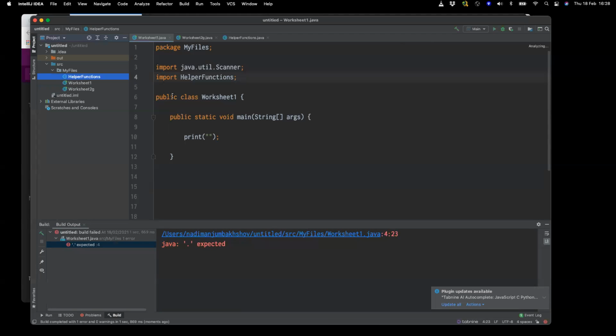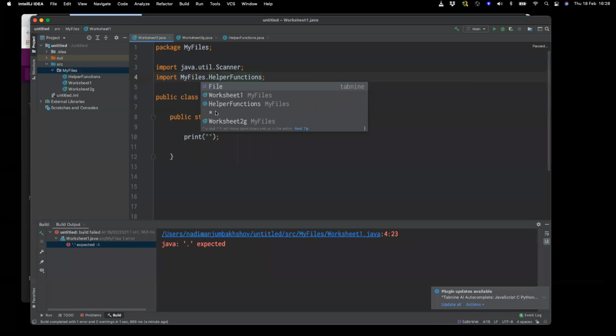You can overload it. Absolutely, thank you very, very much. Right, so Christian has spotted what's wrong. And that's actually a worthwhile problem for you to witness. I'm trying to import it, but the issue it has is, hang on, where is this helper functions? That's the kind of main package. So we have to reference it in relationship to the package it's in. Now, when I hit my files and I press dot, suddenly you can see everything that's inside that package, and I can now directly reference it.